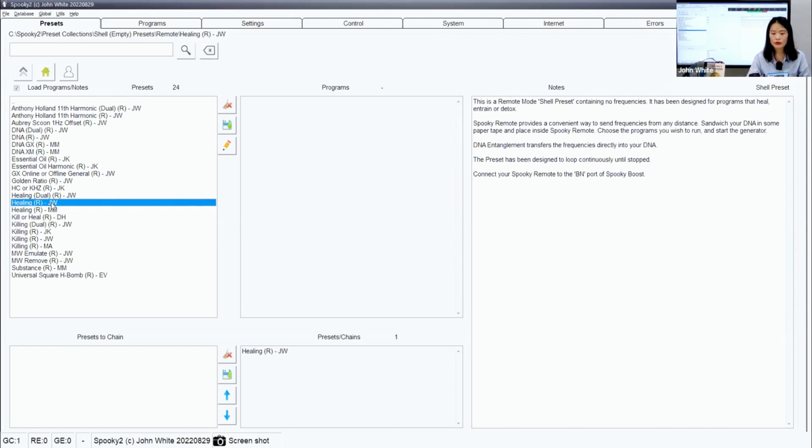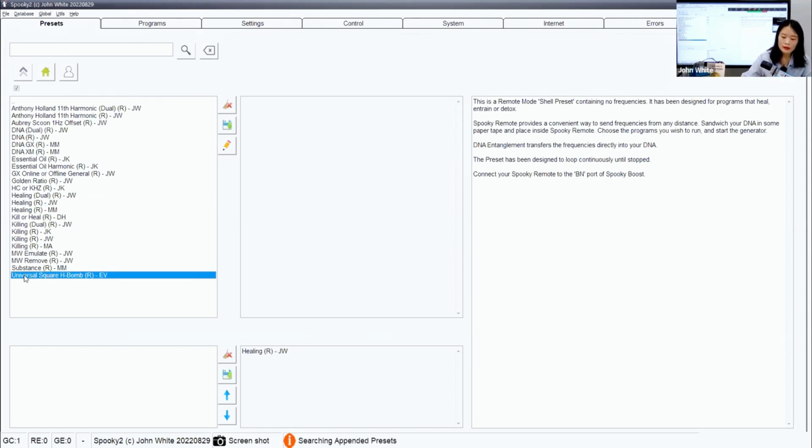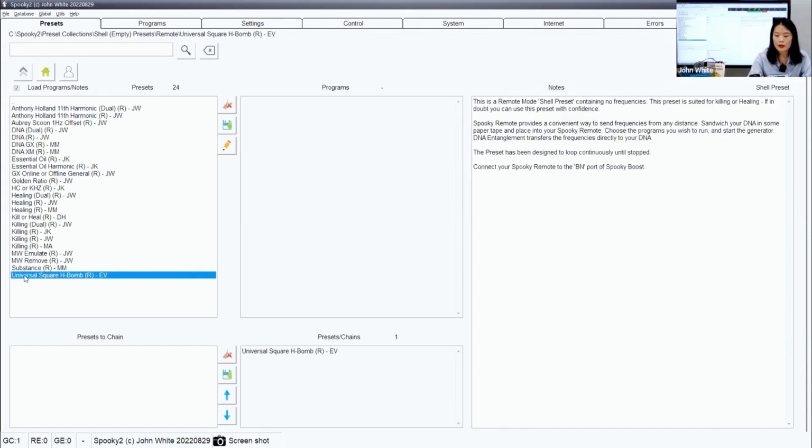So if you're not sure, you can use this universal square H bomb, which is for killing or healing. So if you're in doubt, you can use this preset with confidence. So that's basically about how to use the remote mode. And also